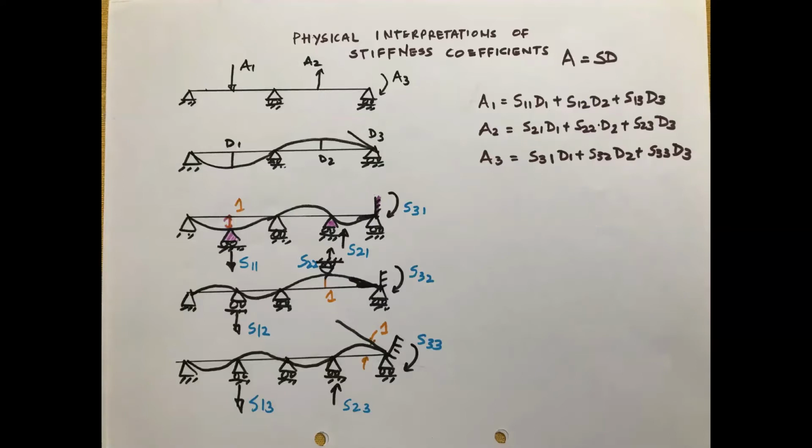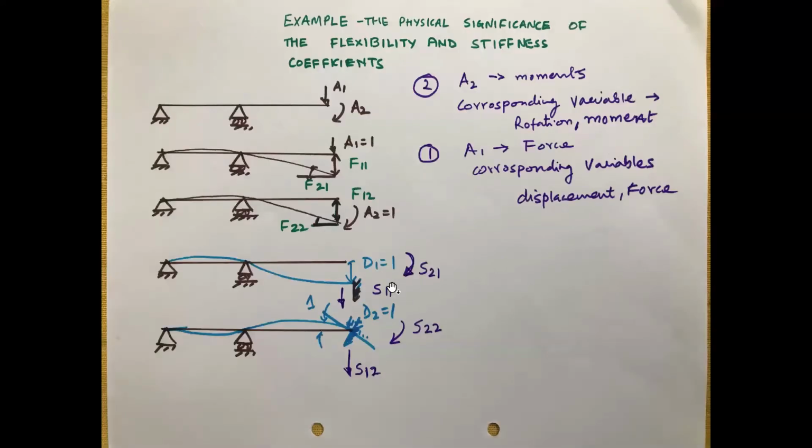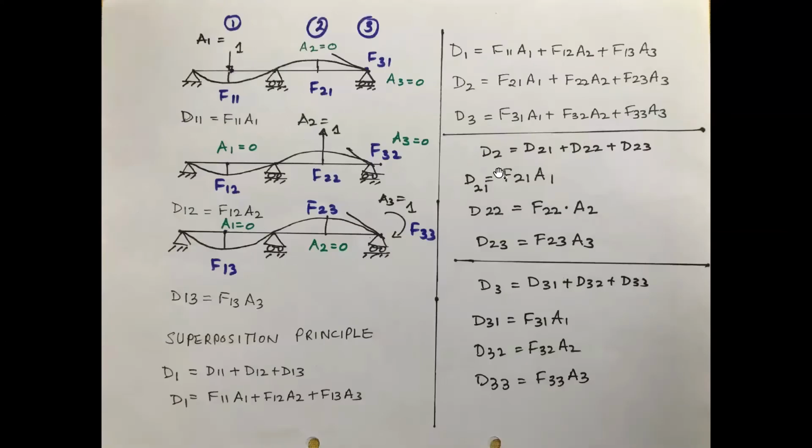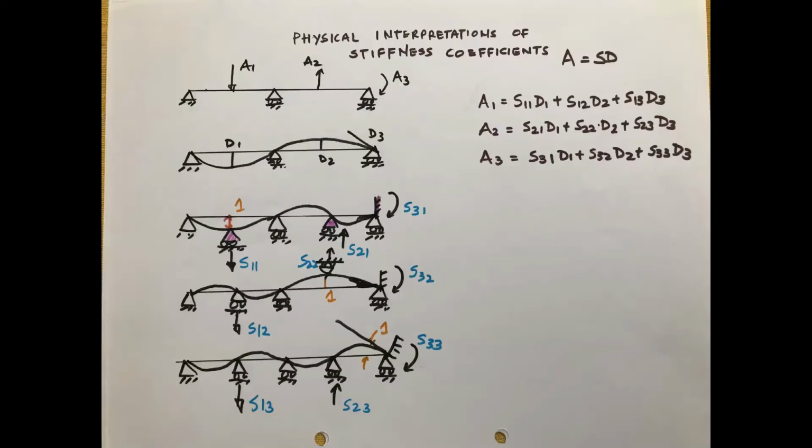Similarly, here also you can see the earlier example. Look at the equation, 3 equations. And if you write it in a matrix form, you will get the flexibility matrix, which is 3 by 3. The size 3 is actually A1, A2, A3 or D1, D2, D3. It relates with your kinematic variables or with your unknown forces. So there is always a relation between the size of the matrix and the number of kinematic variables.